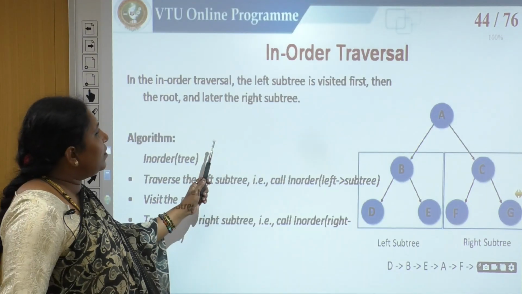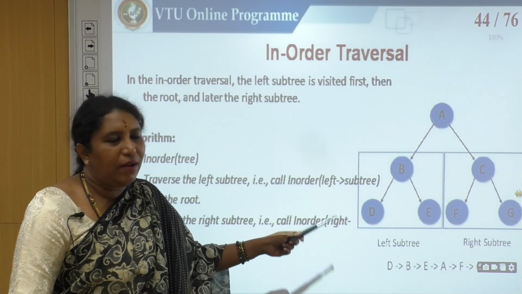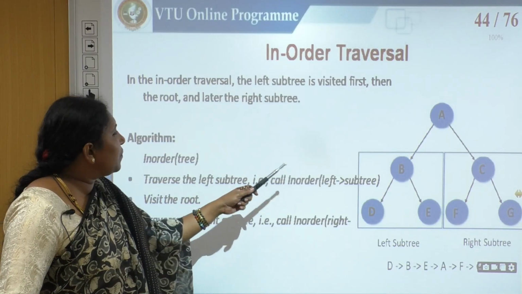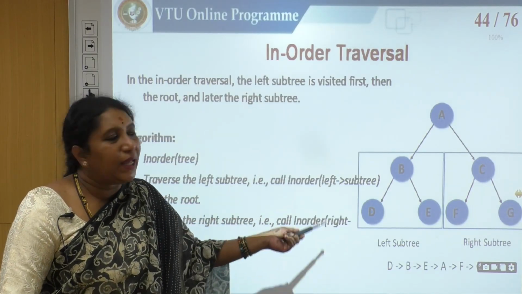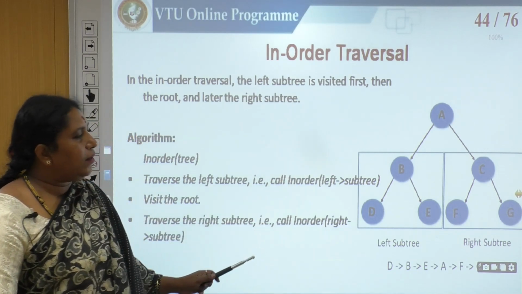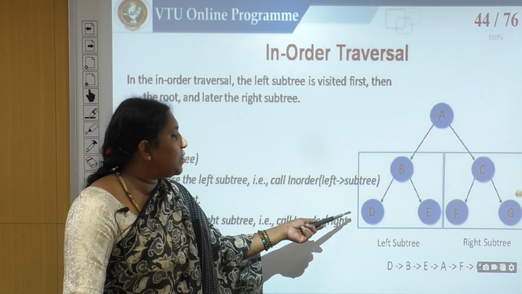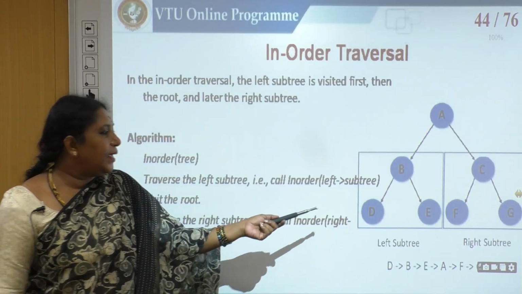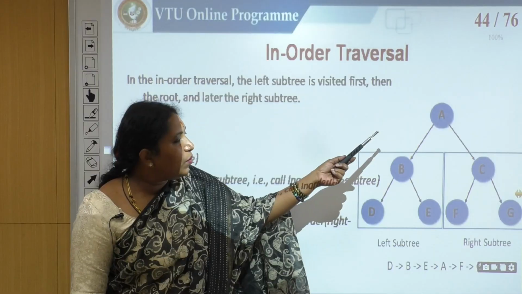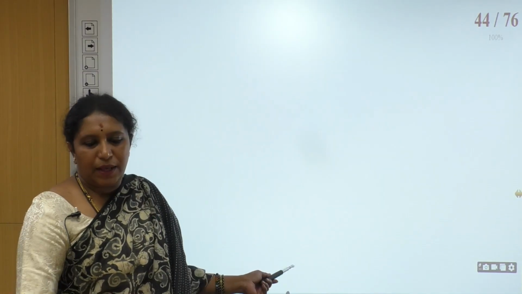Okay. In-order traversal is nothing but visiting each and every node in an order. The order we follow in in-order traversal is, first we visit the left subtree, then the root, then the right subtree. This is the example we have taken. First we visit the left subtree. So, the leftmost element is D. D is visited, then the next, then E, then go to the root. After completing the left subtree, go to the root. After that,